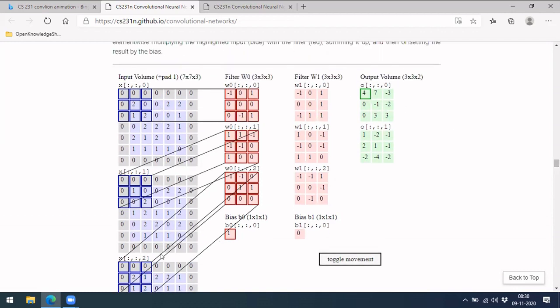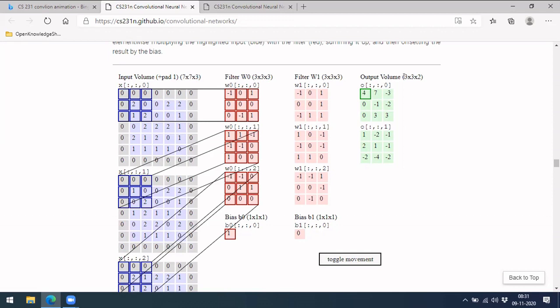So for your 3-dimensional image, by running this filter of 3 by 3, finally you got only a single value here. Even if you have 4 dimensions, it doesn't matter, you will get only a single value here. It depends only on how many boxes the filter moves, so those many values you will get. So your final dimension here does not depend on your previous dimension. This is how it will happen.